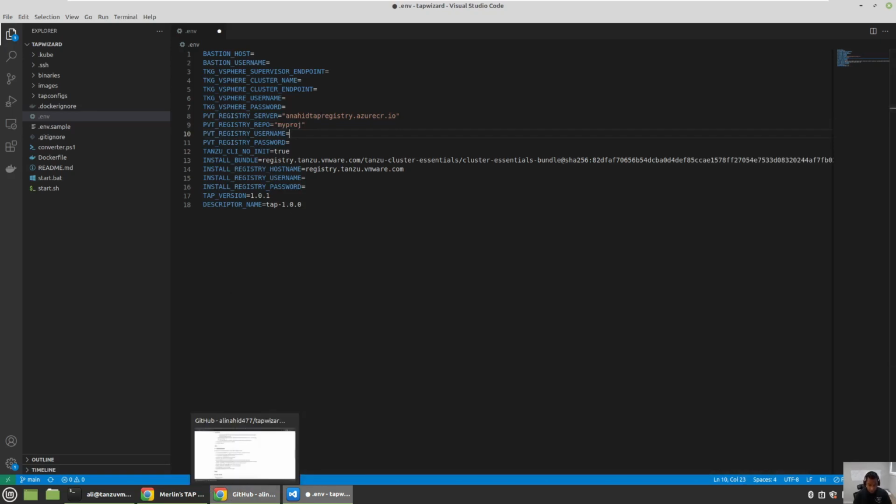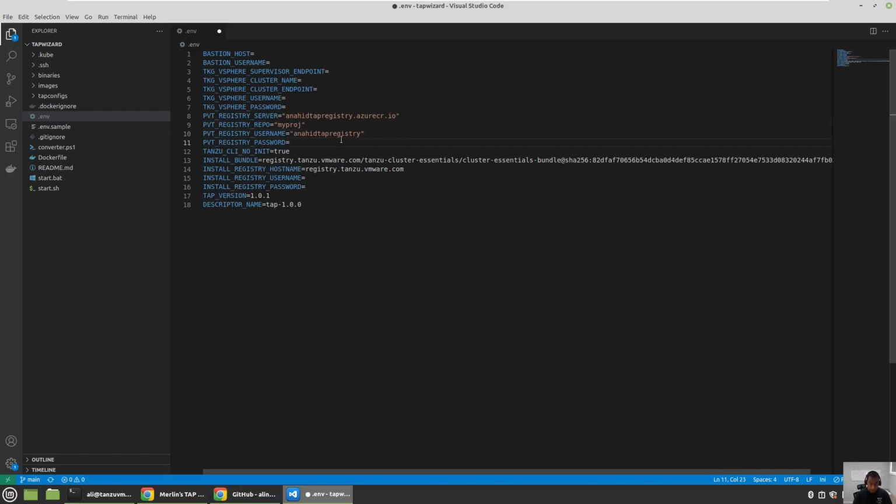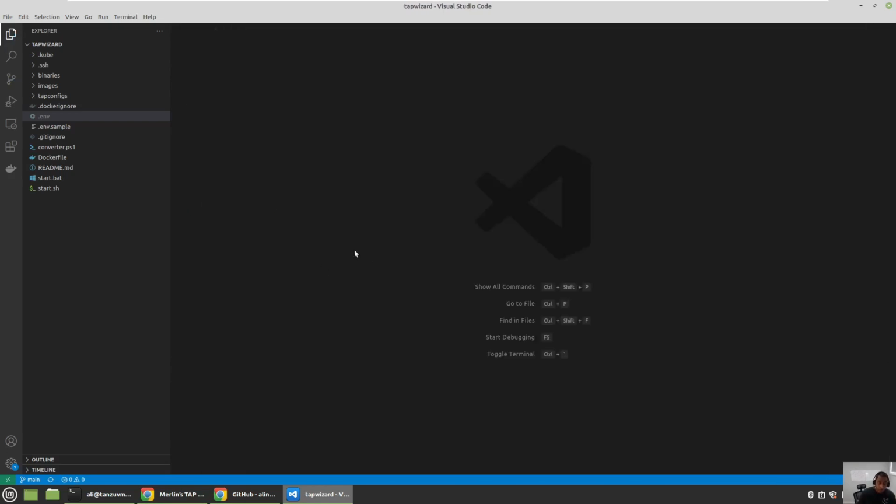Username is the prefix domain, and there's password. So I'll put the password in here, but yeah, because after this video, I'm going to recycle them anyway. Then there is this Tanzunet credentials, the same credential I used to log into Tanzunet. So I'll provide those as well. Right, and that's pretty much it. So with that out of the way,